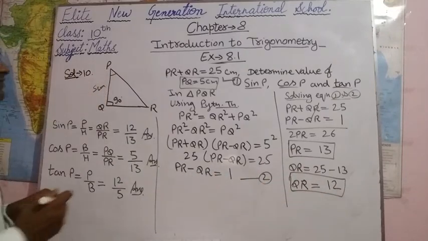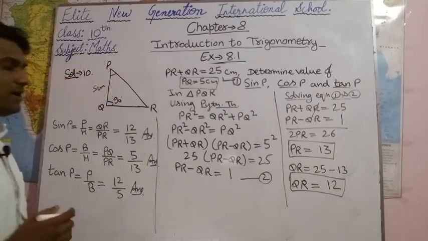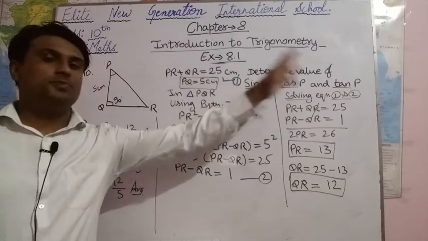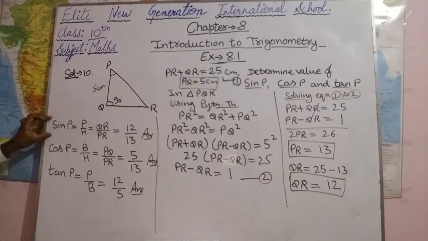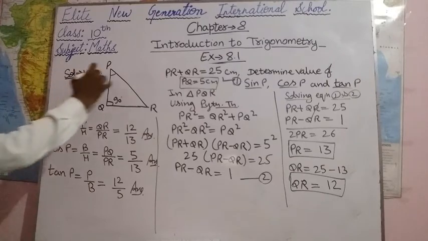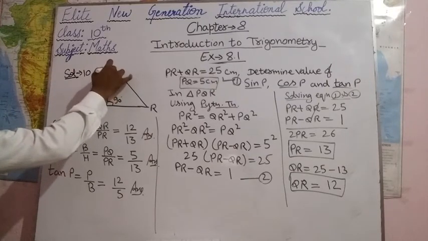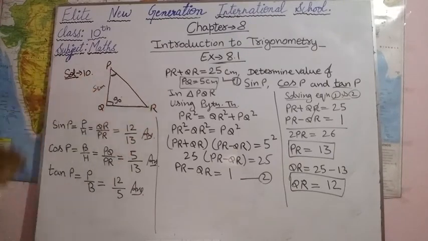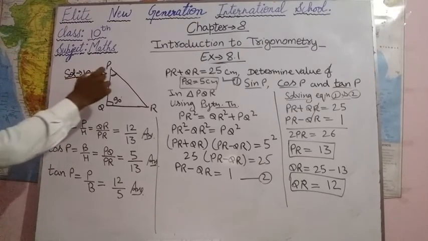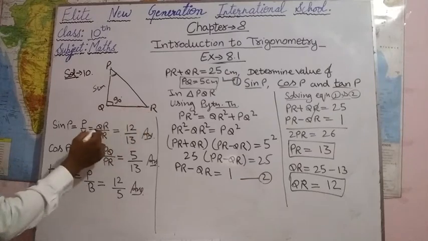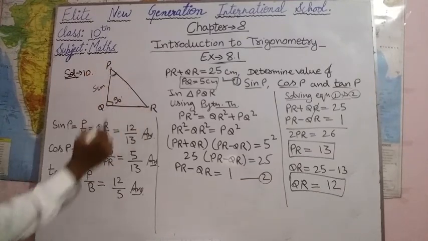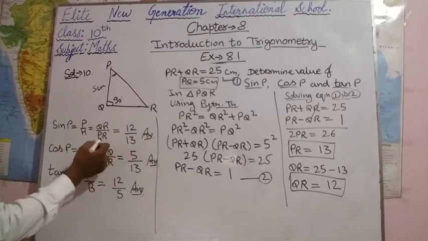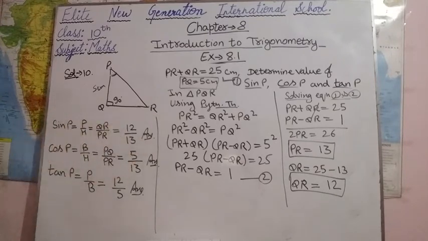Now we have all these three values, PQ, PR and QR. Now we can find the value of sin P, cos P and tan P. So come here. In this, sin P, as we know, is perpendicular upon hypotenuse, and if we are taking this angle as P, then base will be PQ, perpendicular will be QR and hypotenuse will be PR. So sin P will be perpendicular upon hypotenuse. So if this is base, then perpendicular will be QR. So QR upon hypotenuse PR. The value of QR is 12 and hypotenuse is 13. So 12 upon 13 will be the answer.